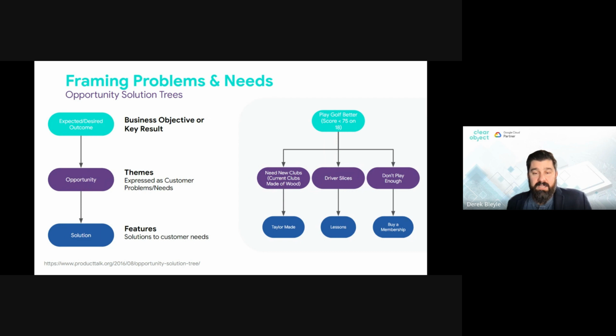So the idea and the concept here, focus on which opportunities that you want to prioritize. So if you say, hey, I want to start playing more as a top priority, that would tell me, hey, don't go buy any new clubs until I've started to play a little bit more, really understand what I need from those perspectives. And then, where does innovation come into play? It's really at this bottom level as a solution.